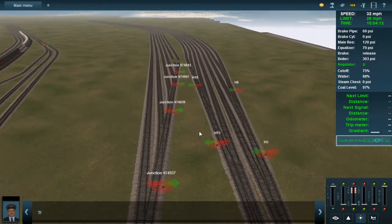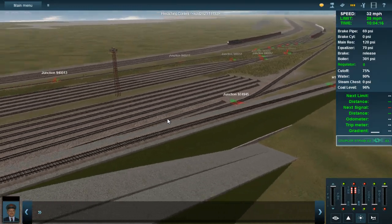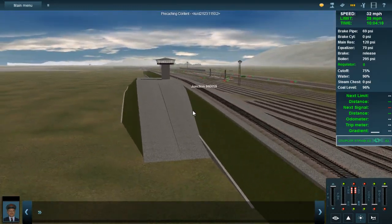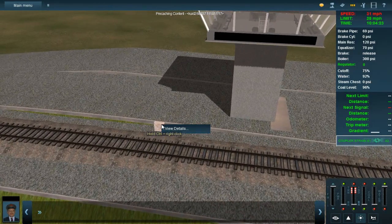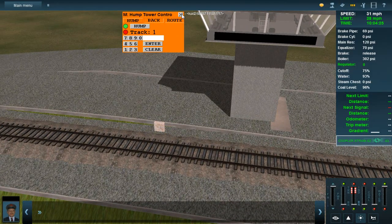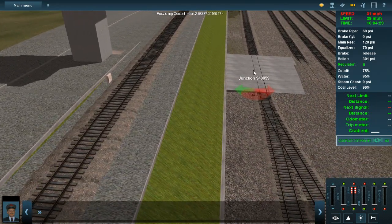Oh yeah. Yeah, that looks like a hump yard to me. That's really cool. I've seen them exist, but I've never seen one used. I assume this is actually functional then? Oh yeah. Wow, okay, I'm gonna give it a bonus point for a functional hump yard. Anyway,